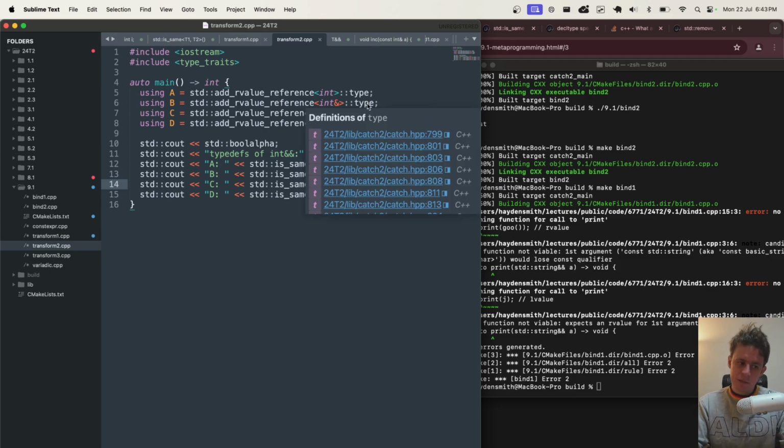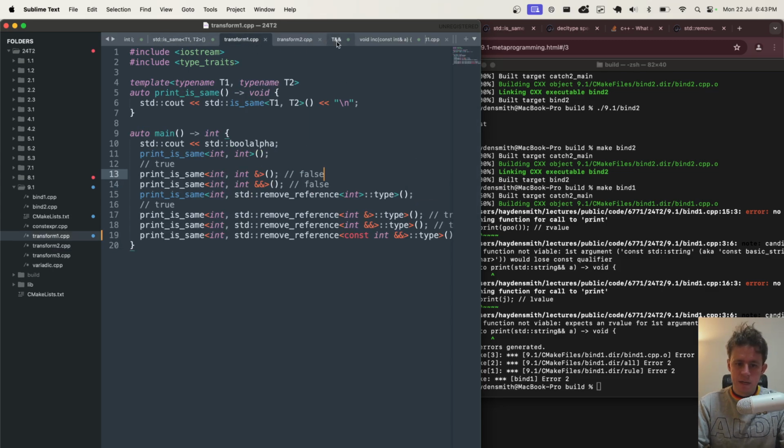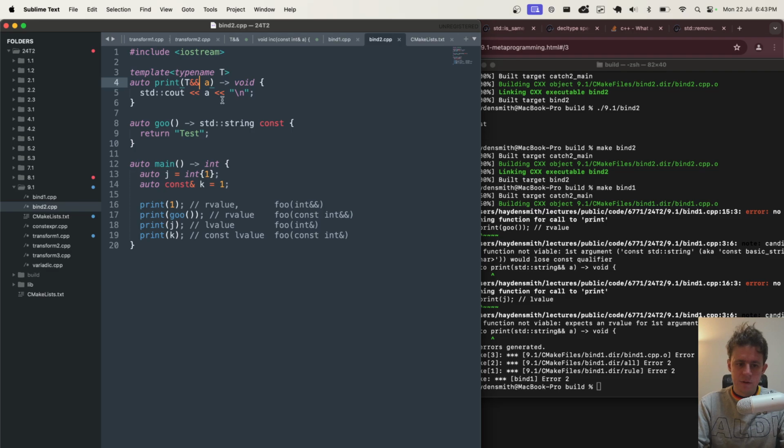Because remember, T is just a placeholder. I've seen in the past when students talk about this stuff, they'll say, yeah, but T is not const. Well, T can be const to some extent. It's because of the type parameter stuff, because T could be anything. T could be a constant reference, things like that. But again, I'm not going to pretend that I'm all hunky dory about this stuff. This stuff is very confusing.